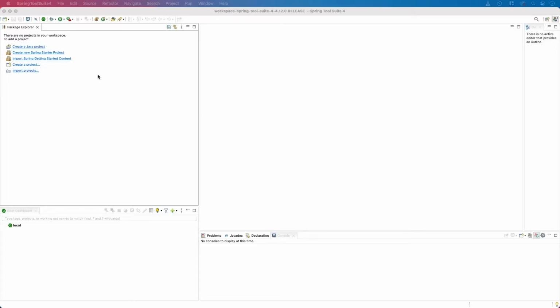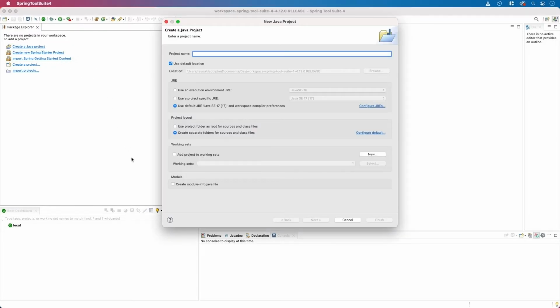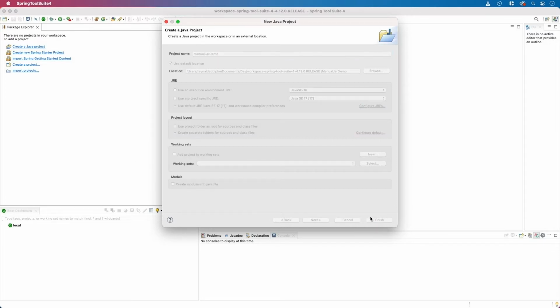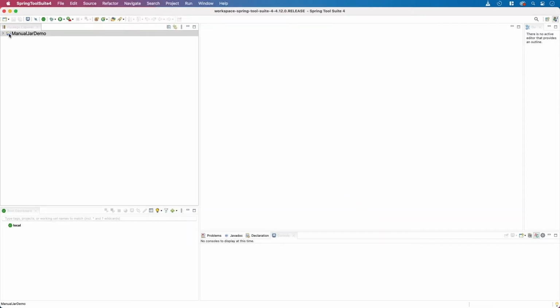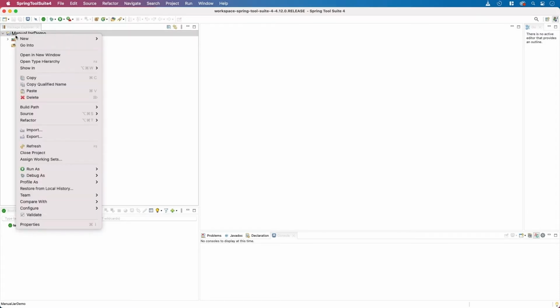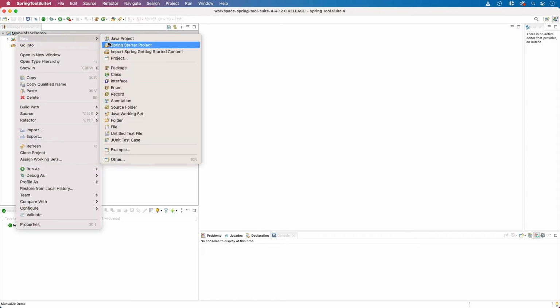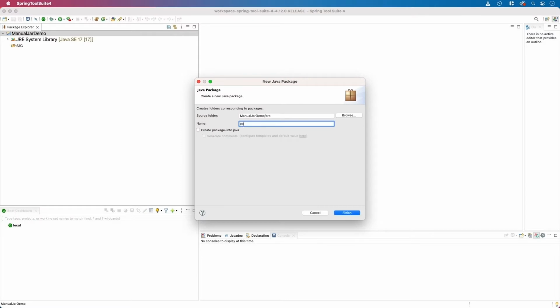Now to get started, we're going to first create a Java project. I'll click on this link here, and we'll call this manual jar demo. Click Finish. And our next step is to create a package. So I'll right click on my project, go to New, Package, and I'll call this